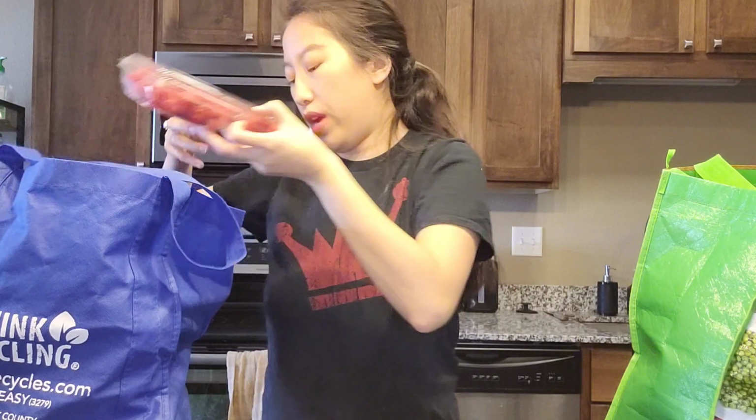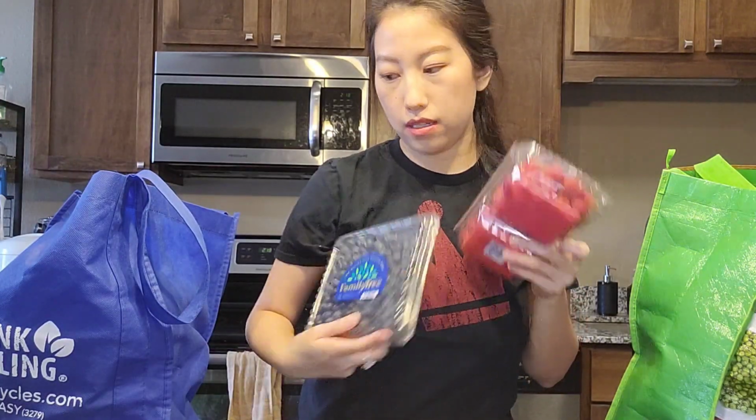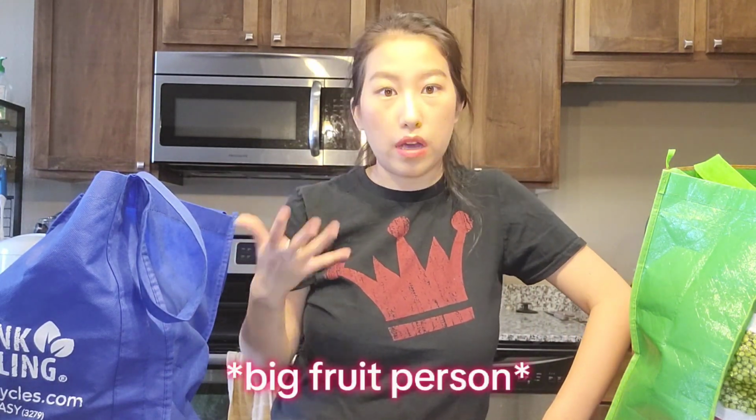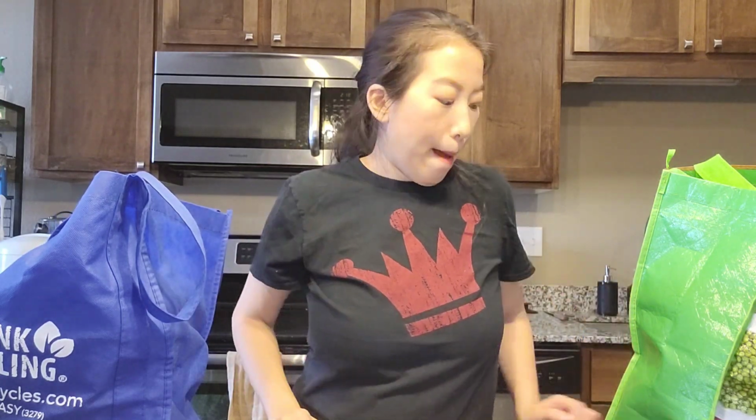Next, we have berries. We got a huge thing of strawberries here, raspberries, and then blueberries. I've been trying to get Matt to eat more fruit. He's not a very fruit guy. He doesn't really eat it unless I make him eat it. So we've been doing smoothies once or twice a week. Usually I'll make a big NutriBullet full of smoothie, and then I'll portion it out, 2 portions for me, 2